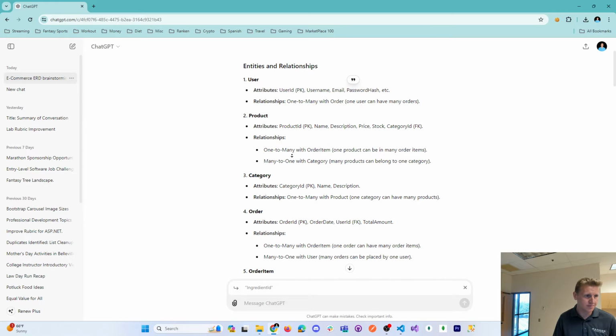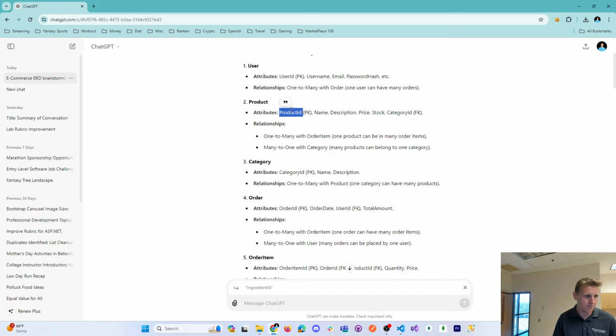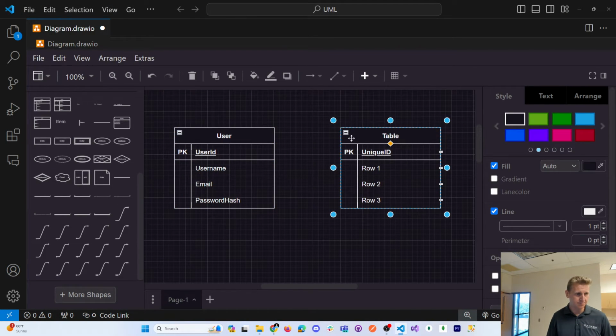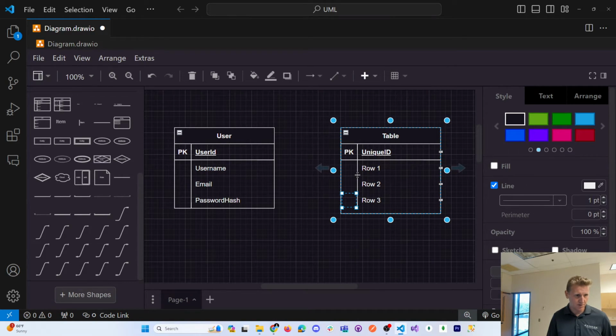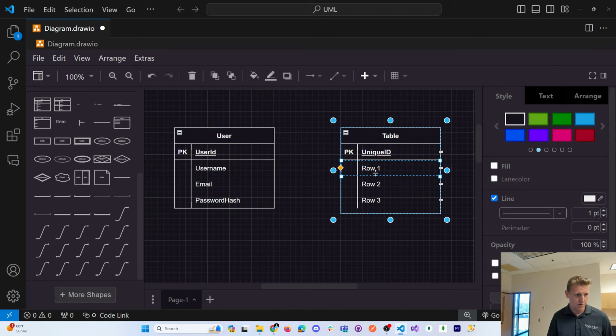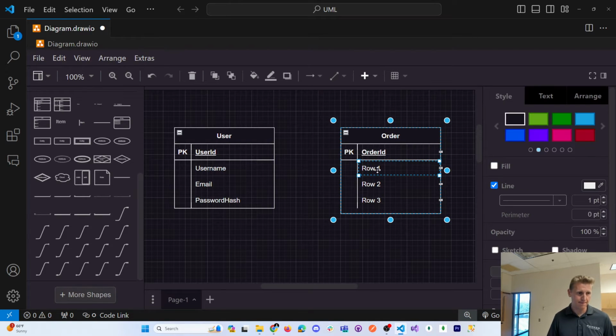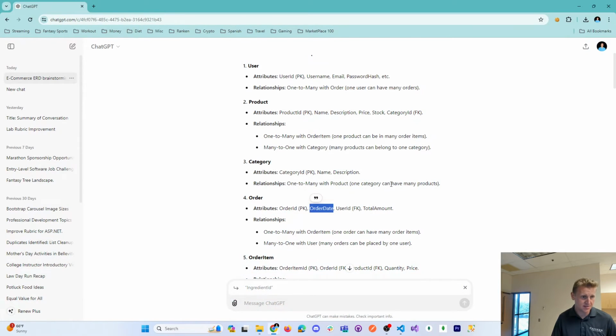In order to create a product, we need a category. Let's go ahead and do order. Order has an order ID. So again, I'm going to drag this table over, and so this is going to be my order table, with my order ID. We're going to have a user ID, order date,